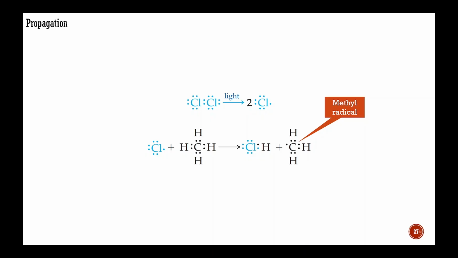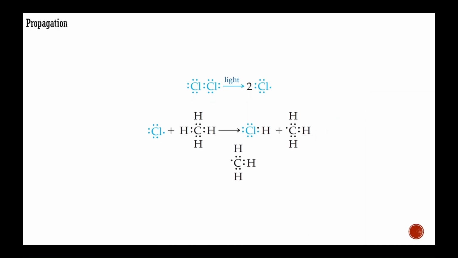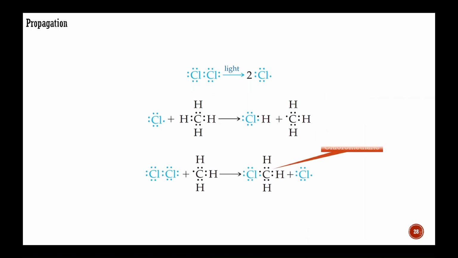This step produces a stable product, hydrogen chloride, and an unstable methyl radical, which is highly reactive because its carbon has only 7 valence electrons. When a molecule of chlorine encounters the methyl radical, one chlorine atom is transferred to the carbon, forming a stable molecule of chloromethane. The second chlorine atom, formed in this process, can react with another methane molecule, continuing the propagation